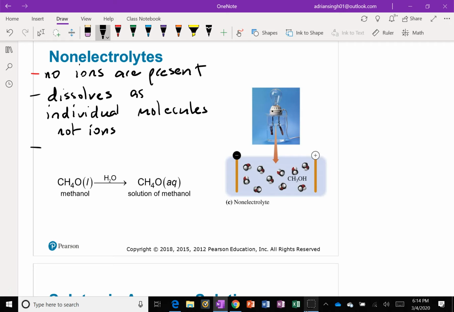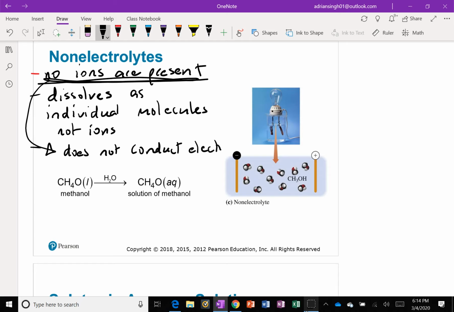And as a result of no ions being present, this means that it does not conduct electricity, right? So for instance,